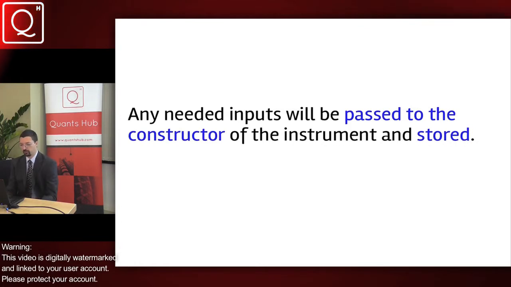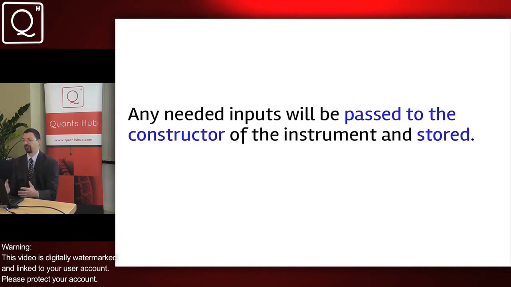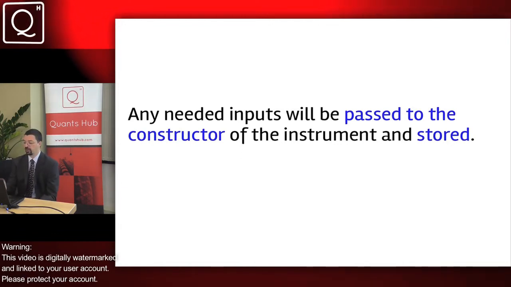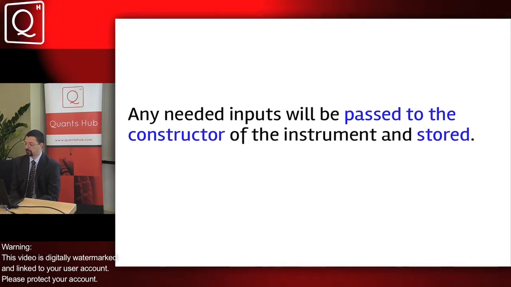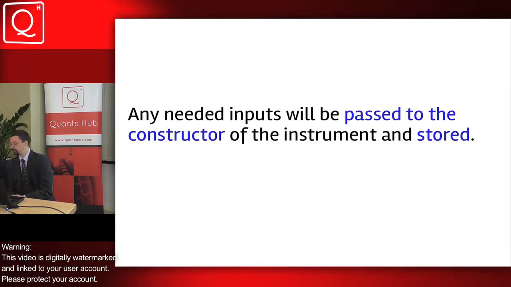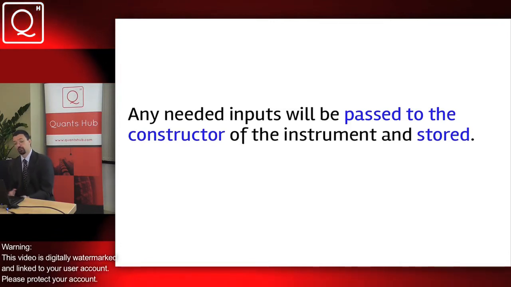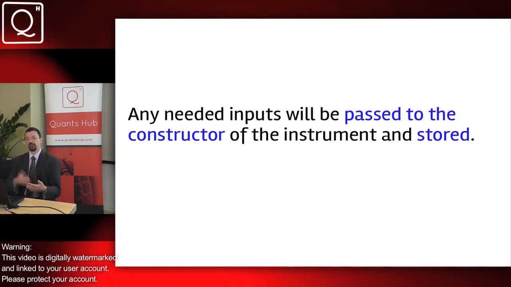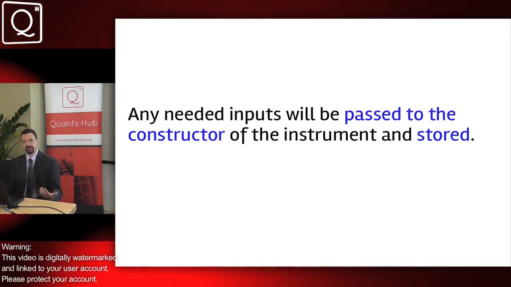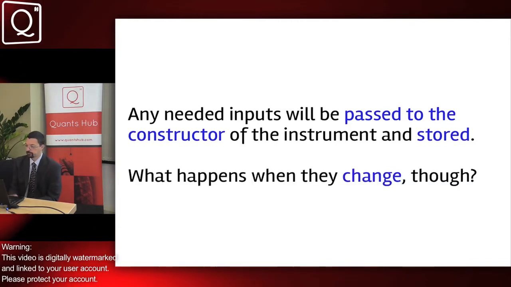So we pass the arguments to the constructor. The constructor is the constructor of the specific derived class, so it knows precisely what inputs are needed. And also the implementation of the calculation will be in the specific class, so it's able to use those inputs. The problem is, they being market data, possibly, between the time that the inputs are passed to the constructor and the time that they're used for calculation, or for any of the several calculations that we might want to do in the course of our program,